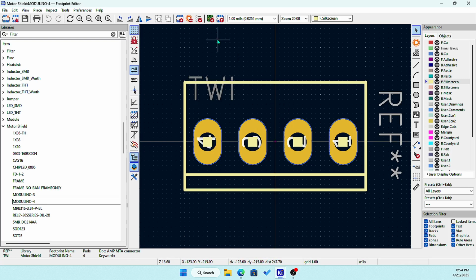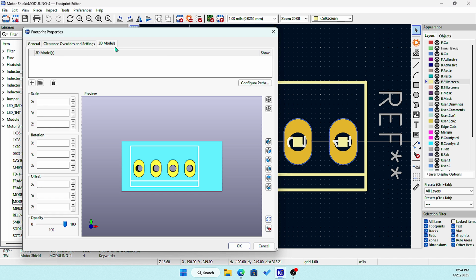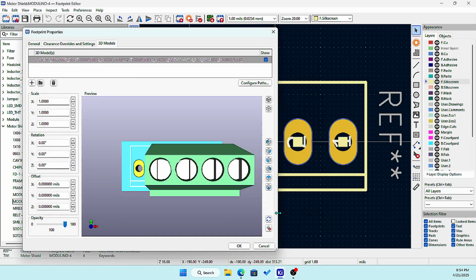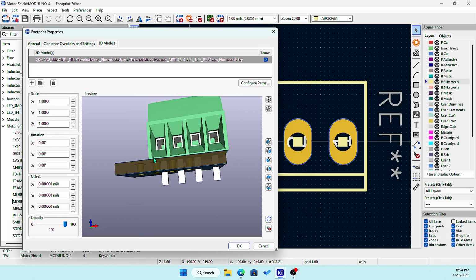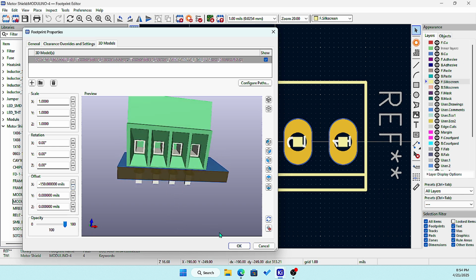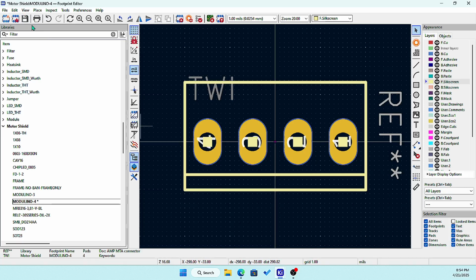Okay, so now we go here, 3D model, select that one, arrange once. So okay, then save. Okay, so now